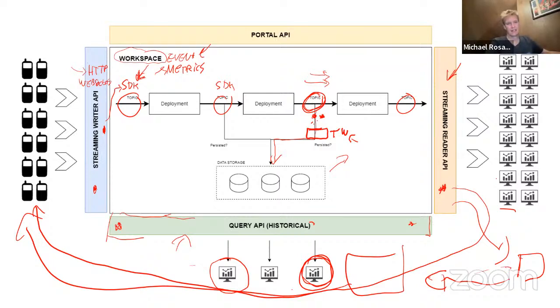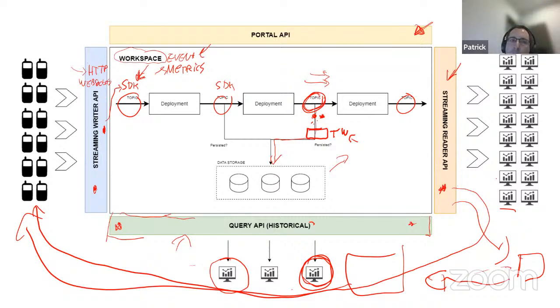Very nice. Good. And then at the top here, we've got Portal API. What's this? We haven't talked about a portal yet. Yes, this is not an API that we are deploying in a workspace directly, but I painted it here because it's something that is available across all workspaces. So this is basically the API we are using as our backend, and our frontend is speaking with this backend Portal API.